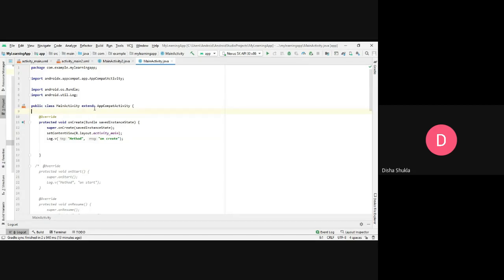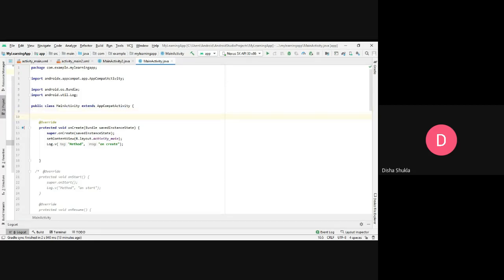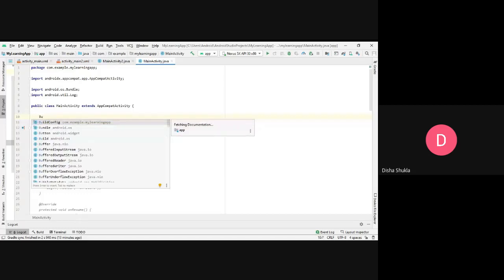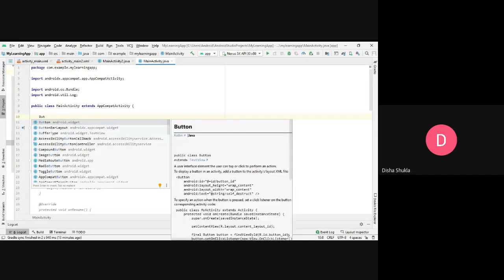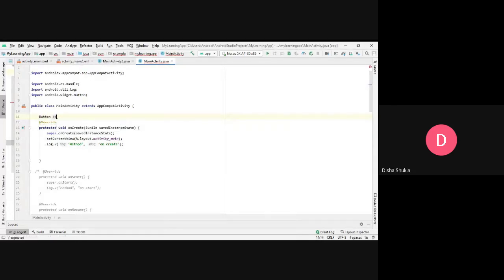Now the button, the text view, all these things are classes that have been developed in Android. So for making an object of a particular class, and here we have the button, I will be using the name of the class, that is button, and the object name I will be using over here is again btn submit. This is the way you create an object of a class in Java: the name of the class and the name of the object. After that, the important thing is that when you create the object, you need to initialize it, or you need to provide some kind of memory to it. After that only you can perform different actions on it.